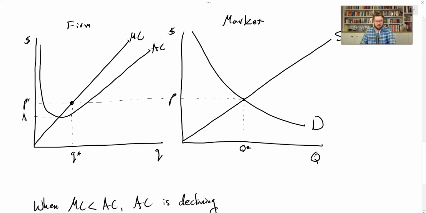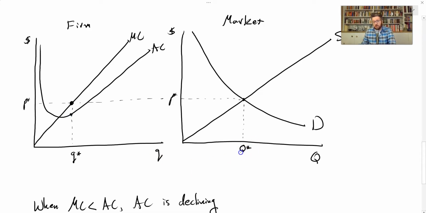But it's not going to stay here forever either. There's one more line that we're now going to add to this figure, okay, which is the long run supply. What happens if the market is in this position here? Well, it's profitable to be in this market, okay, because price is above marginal cost. If it's profitable to be in this market, then that means more firms are going to want to enter this market, okay, because firms seek out profitable opportunities, okay. As more firms enter,